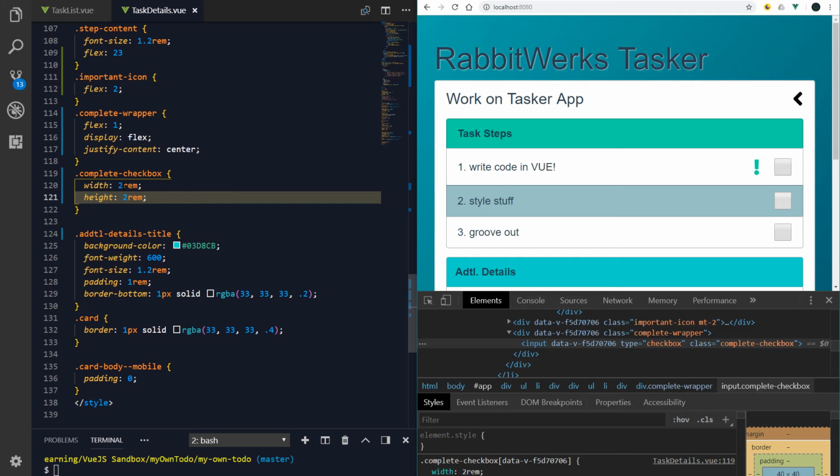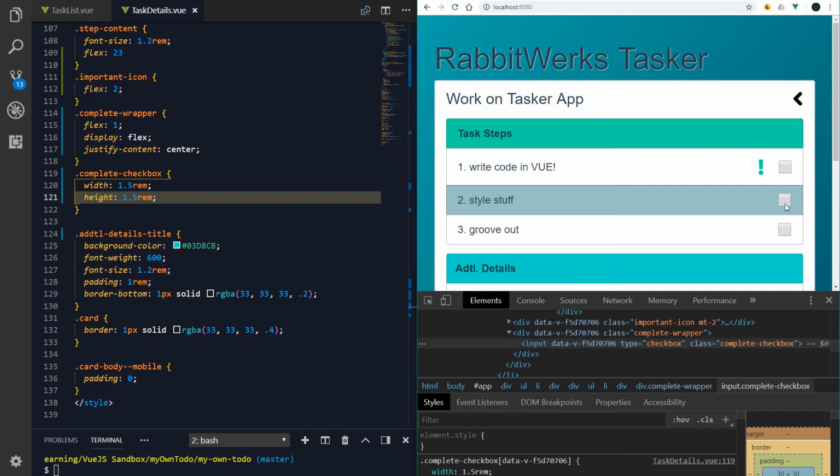Alright, I don't think we need quite that large, but we'll do 1.5. Too bad we can't target the check mark inside there. How do I target that check mark? I want to make the check mark bigger so it expands out. I guess it wouldn't be that hard to make your own checkbox picker thing, but that's a project for a different day, mayhaps. But right now,